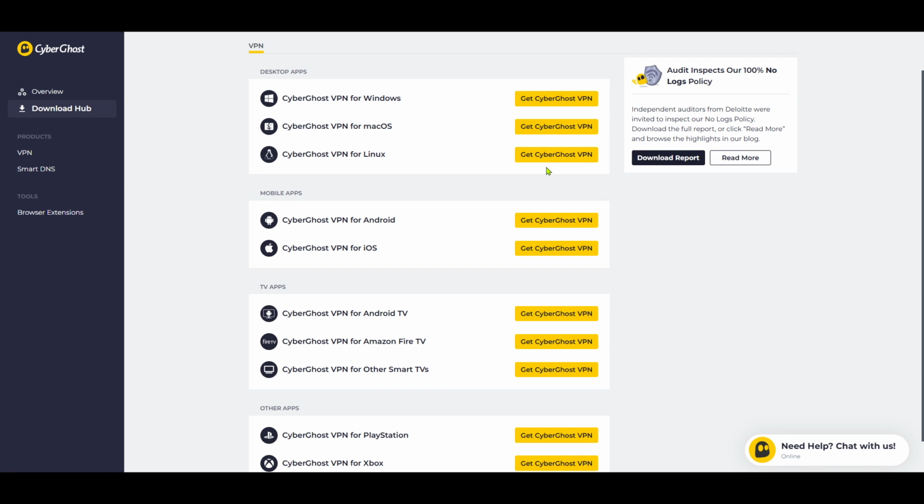Remember, if you encounter any issues during the download or installation process, Cyberghost has a comprehensive support section available on their website that can guide you through solutions to common problems or allow you to contact their support team directly for further assistance. And there you have it, a quick and efficient way to set up Cyberghost on your Linux system. Enjoy secure and private browsing knowing your data is